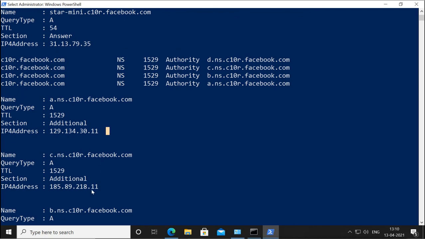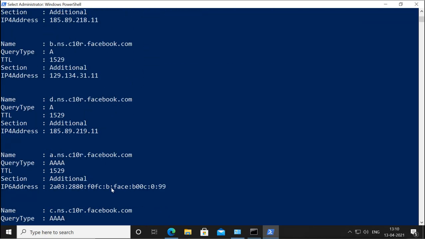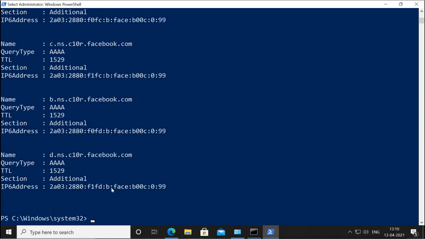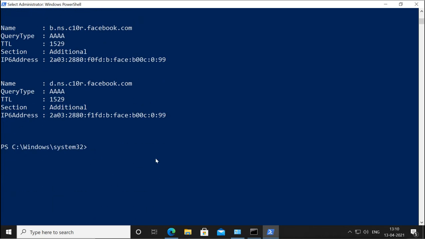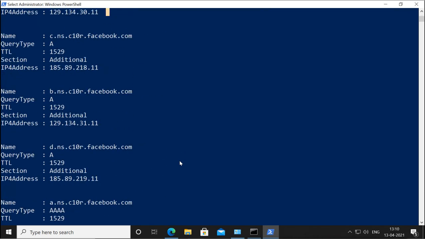These are the names of those DNS servers and the IP addresses of those DNS servers, IPv4 and IPv6. So it is also showing you in PowerShell who are the authorized DNS servers for this domain.